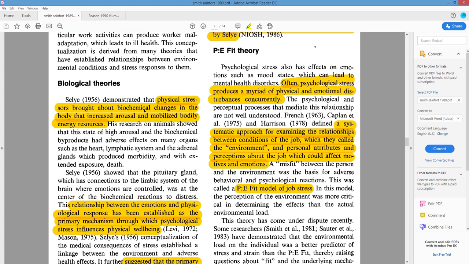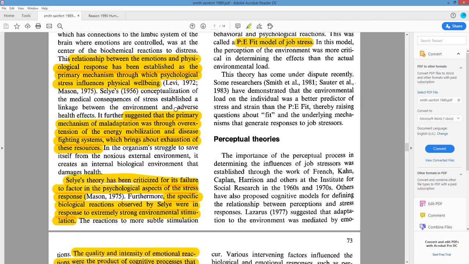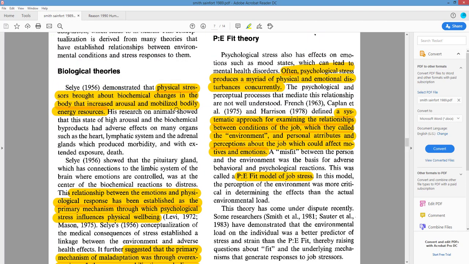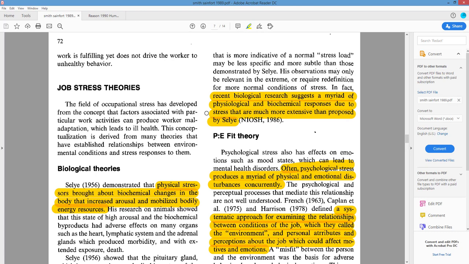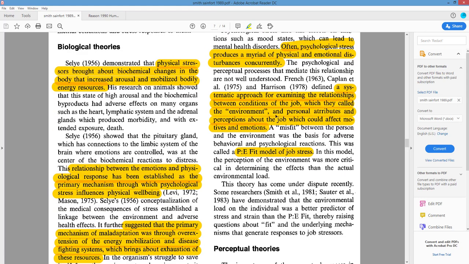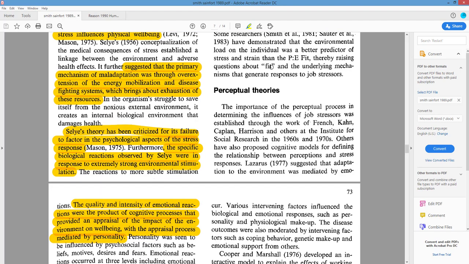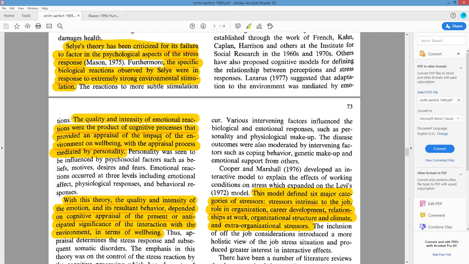And what they're basically saying is when animals are put under highly stressful situations, it's very unhealthy to them because of the way the body responds to stresses. PE fit theory, there's some good things and bad things there. As far as, do your capabilities, do your desires match the job? I'm not sure about that one. I'm not as influenced by that one.